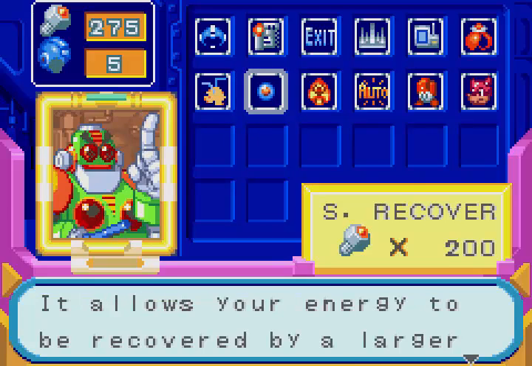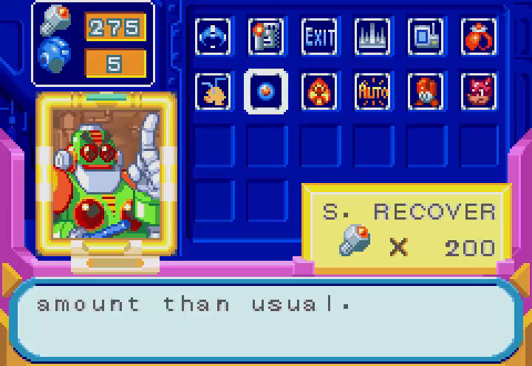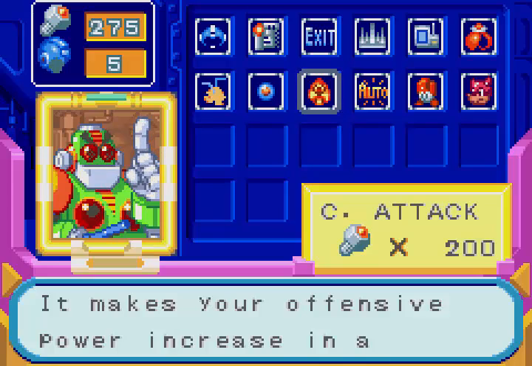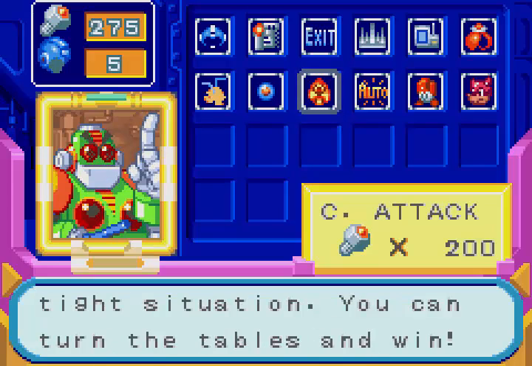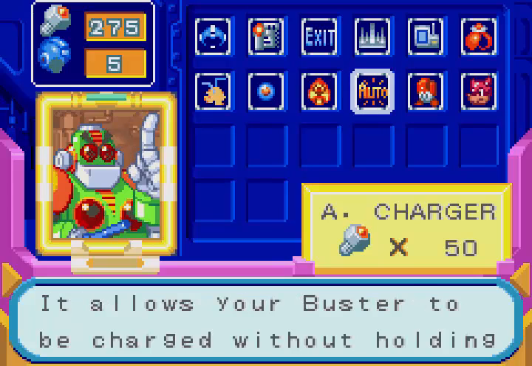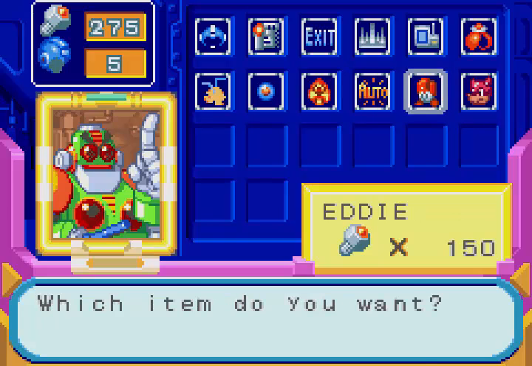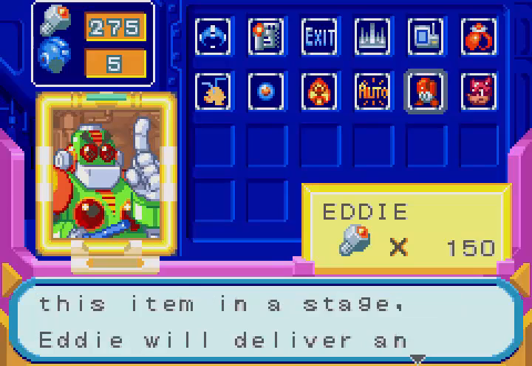The Super Recover, which increases energy recovery by a considerable amount, or by more than usual. The Counter Attack, which will make your offensive power increase in a tight situation. Namely, when you're at critical health levels of 7 hit points or less. You have the Auto Charger, which just charges the Buster without having to hold the button. Eddie's Delivery Service,